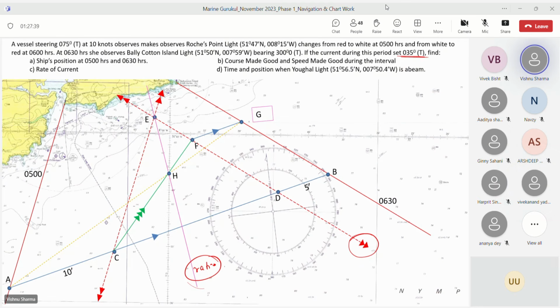Join EH to get a line EH, but that's all, and extend it as much as you need, no problem. Now the time has come to draw the second PL. Somebody could have drawn it in the beginning also. It's not wrong, but that PL would have been unnecessarily bothering you.